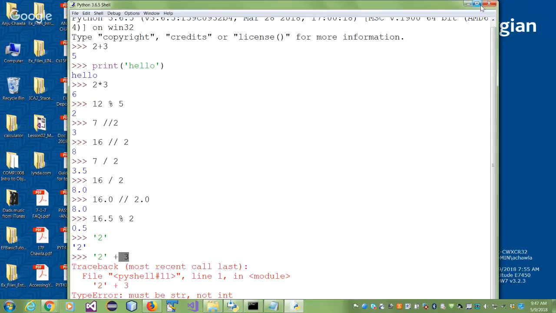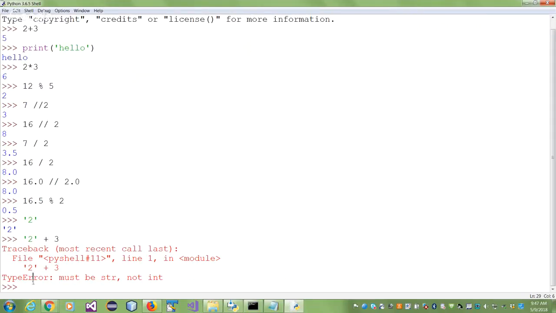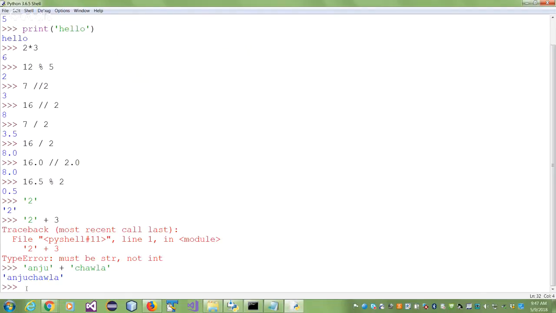Fortunately or unfortunately, whatever you would like to call it, you can do this. You can take a string, like my name. You can add another string, CHAWLA, to it. And it will just append it. So this plus, you've seen another plus now. So these were your arithmetic operators. AO stands for arithmetic operators. You've seen another plus, which is very odd. Human beings, we don't see this plus. This is called the concatenation operator.